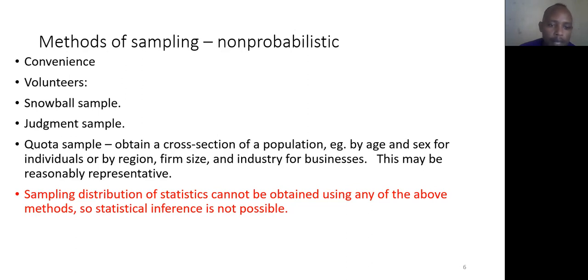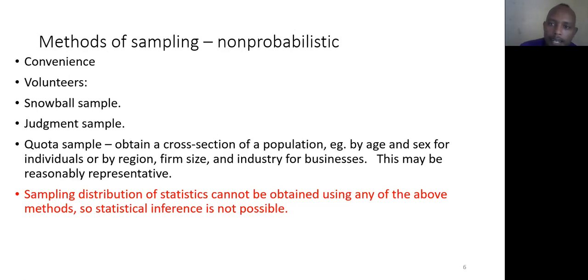The other one is quota sampling. Quota sampling may be based on different benchmarks. For example, it may be based on age, based on sex, size of company, or depending on different things, it can be set. Therefore, the representativeness of such type of data depends on the way that we reason out using such a base or benchmark as a quota division.